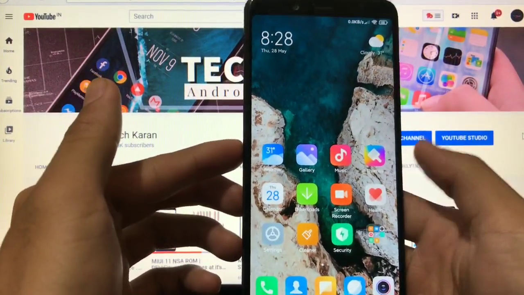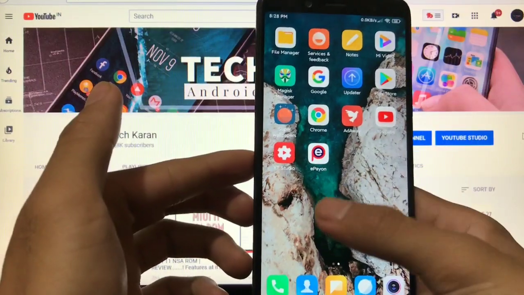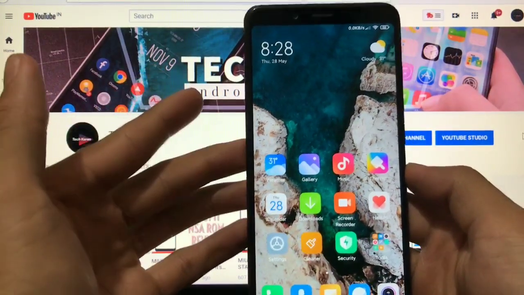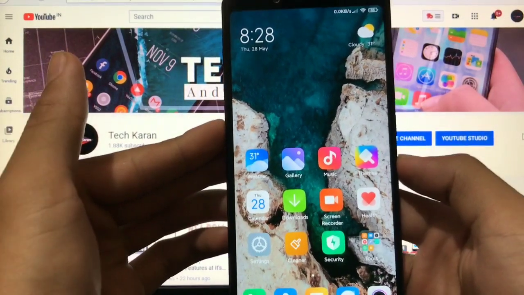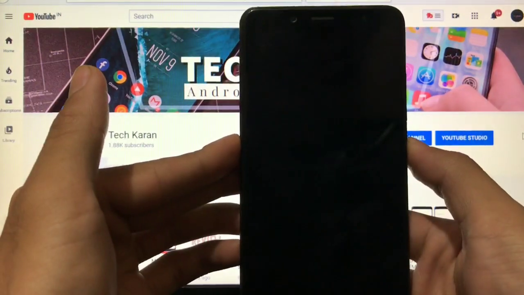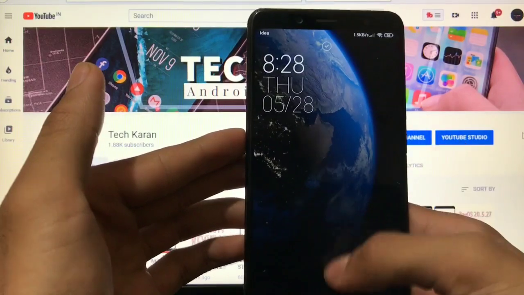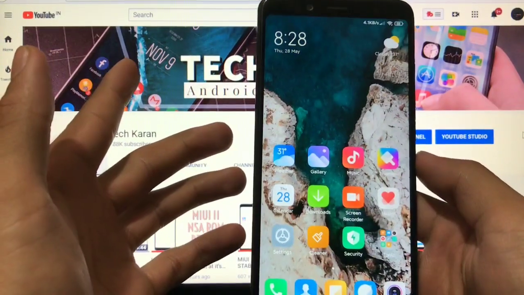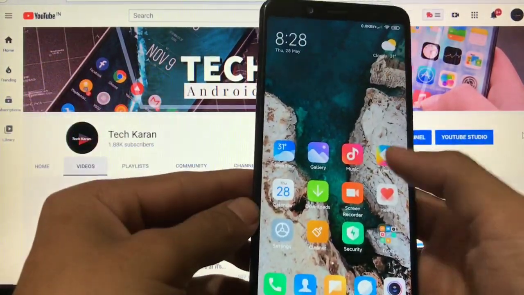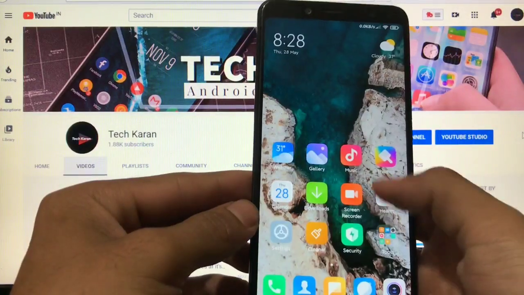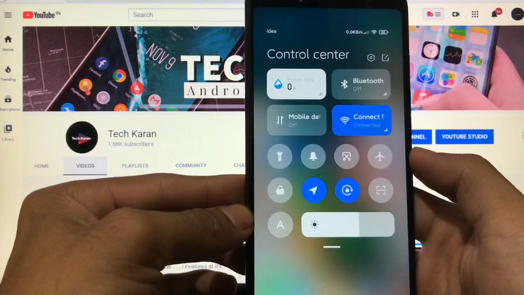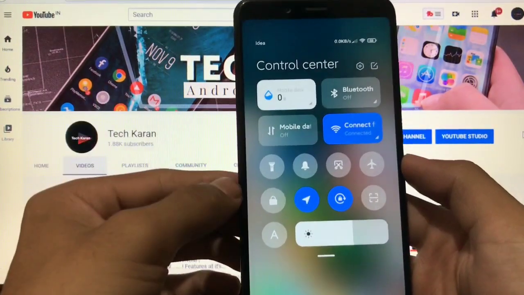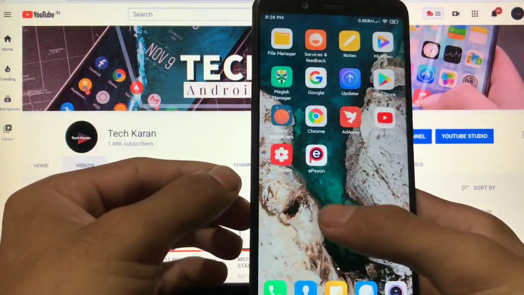This is a super wallpaper which is pre-installed in this build, and yes, you are using this super wallpaper in Redmi Note 5 Pro, which is officially not supported, but yes, we get this experience right now on our device, which just looks awesome. As you can see, it works perfectly, and also there are no lags at all. I'm using it for some time and I didn't get any lag yet. If you use GSI on other devices, you could feel some lags, but this build is just super smooth.